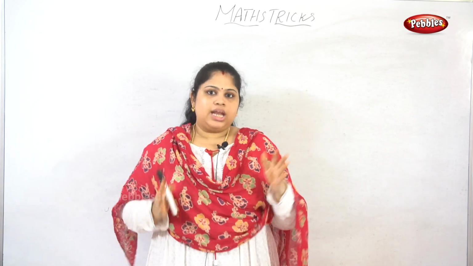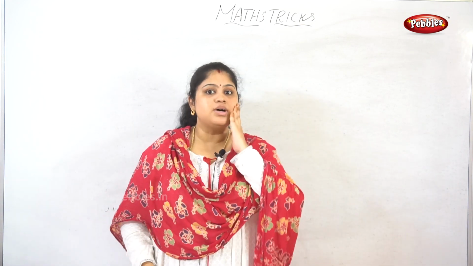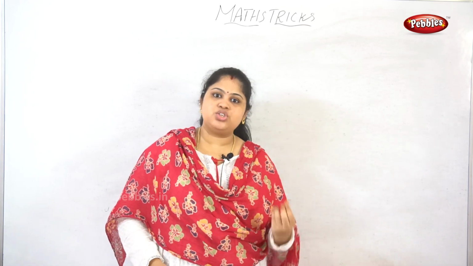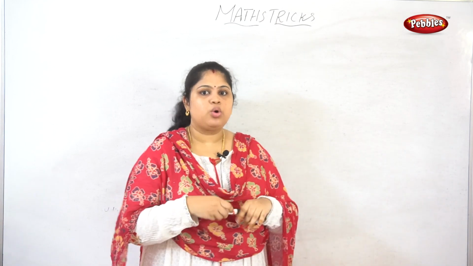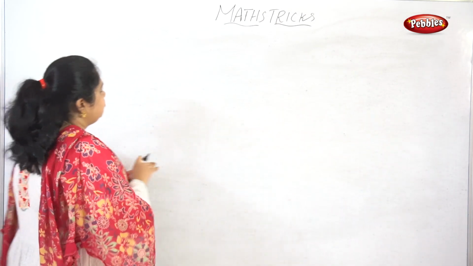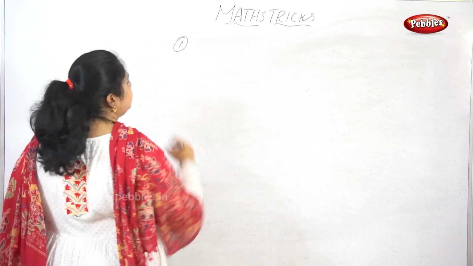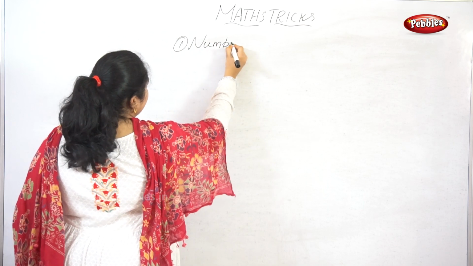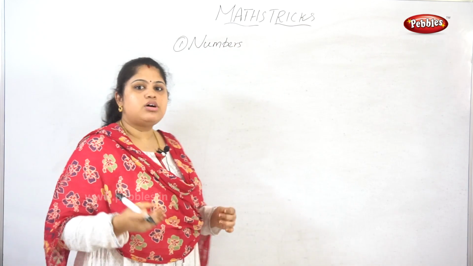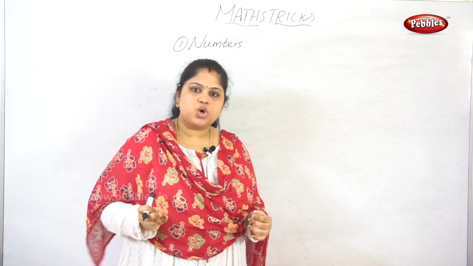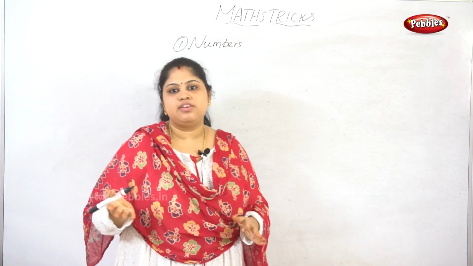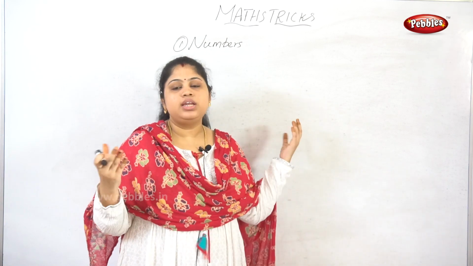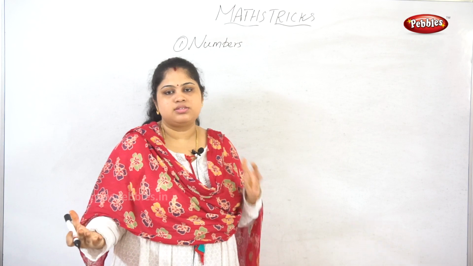At the beginning I taught about the numbers, isn't it? We have seen natural numbers, whole numbers, integers, rational numbers. So as the first thing, we have seen about the numbers. It covers what is a natural number, what is a whole number, what is a prime number, what is even, what is an integer, what is rational and irrational. We have seen different types of number systems in mathematics.